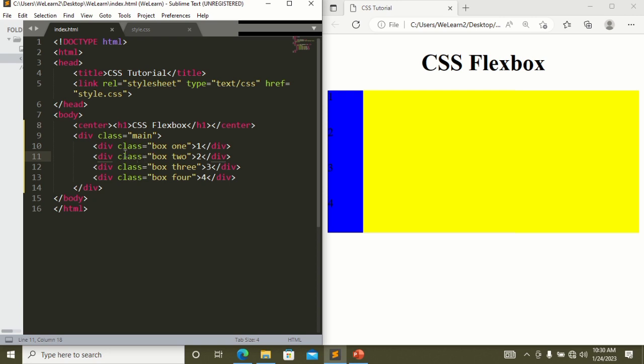So we have this div with this class box. We have the same class, which means we are going to apply the same properties and values to them. Div 1, div 2, div 3, div 4, and it has the main div, that is a class name, main. So when we talk about CSS